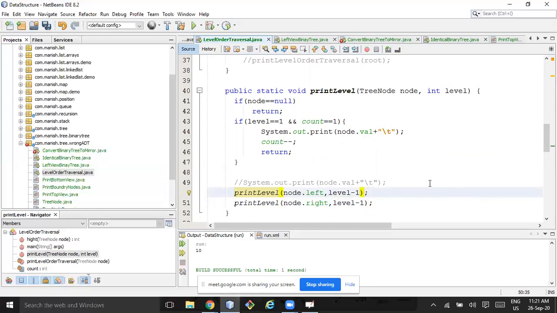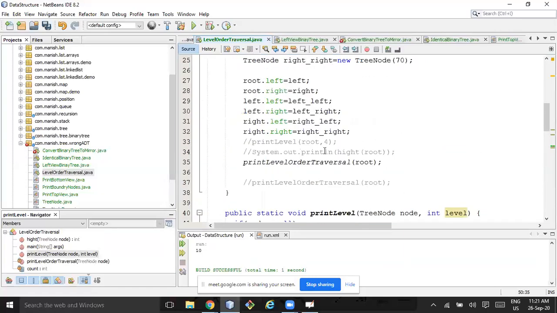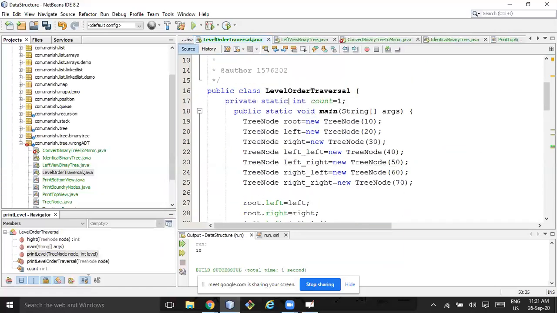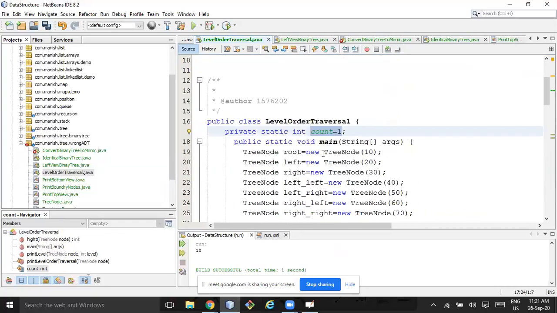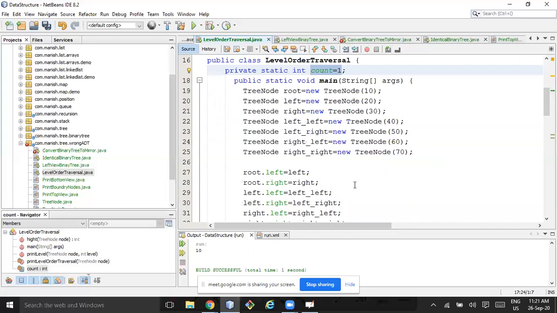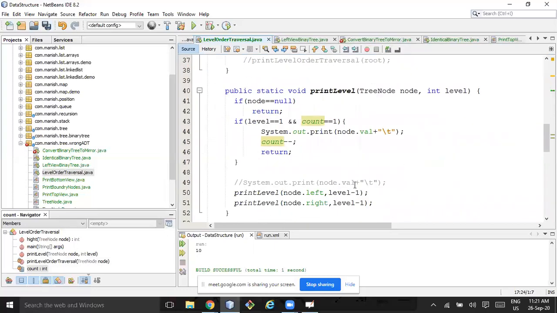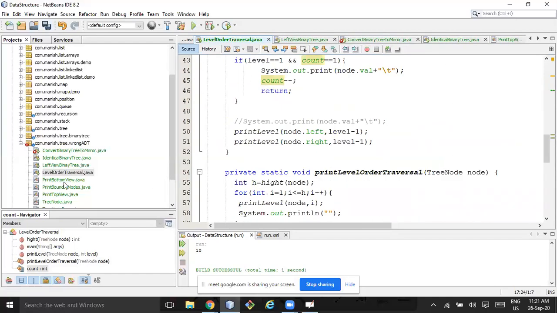You guys just try it sometime after the class. It's all about a Java problem. Where should I declare this int count so that I can retain the count value at a certain level? Once it is decreased, it is decreased at the global level, and that's why the problem is. So you have to check on that.